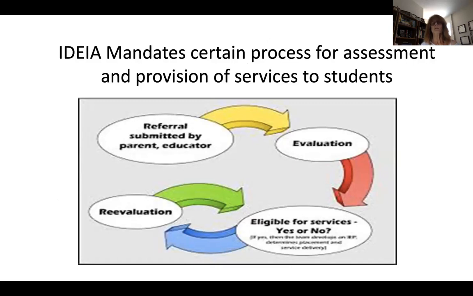The mandates certainly look at the different types of provisions that we want to see once a child is referred to evaluation. What we really wanted to look at is that the eligibility of services is not just blindly applied, but that evaluation processes ensure that everything is being done for the success of that child in a general education setting.